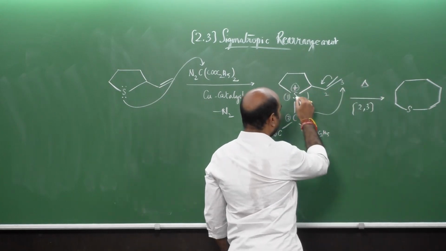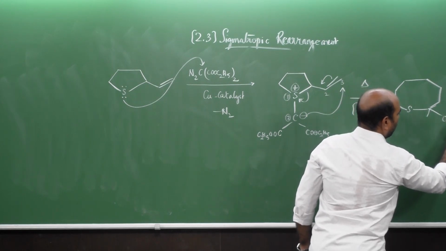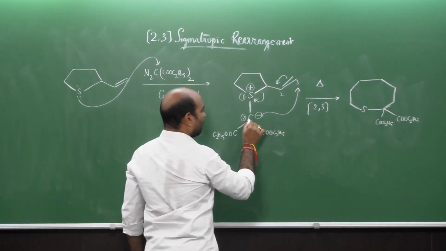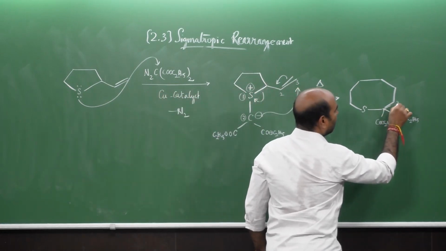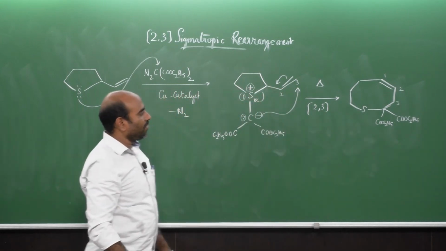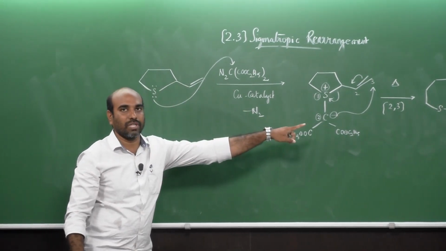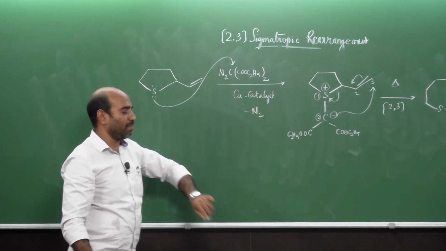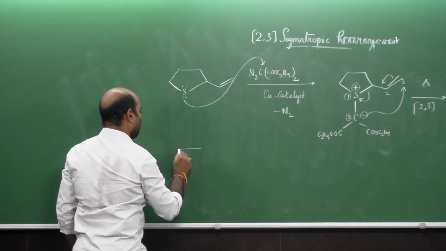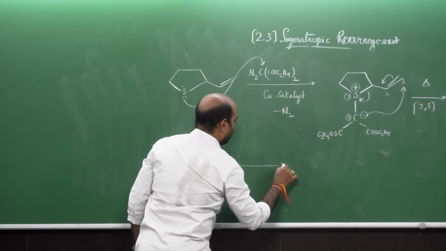Right. So this is the sulfur, adjacent to which is the carbon having the ester groups COOC2H5. So this is the second carbon atom here, right? Which is now connected to the third one, 3, 2, 1, and a new double bond is there. So this is the product with a ring expansion. So this is a 5-membered ring, and now after the 2,3 sigmatropic rearrangement, you are able to see an 8-membered ring structure there. Instead of these reagents, for the same molecule, if we use allyl iodide,